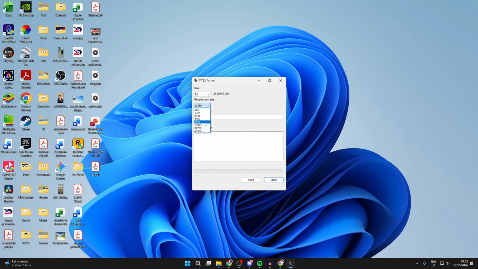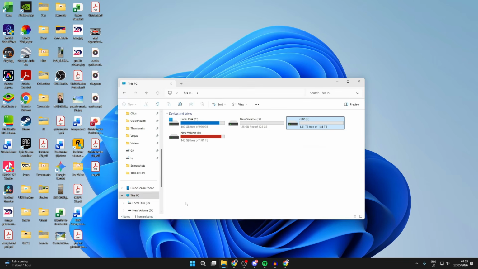For allocation unit size, 32 is fine. Choose the label to what you want, and we can set quick format. Then you can press start at the bottom. Just make sure everything is correct and you are losing everything on it, but press OK if you're ready and wait. When it's finished, it will say done, and we can then close out of this and come